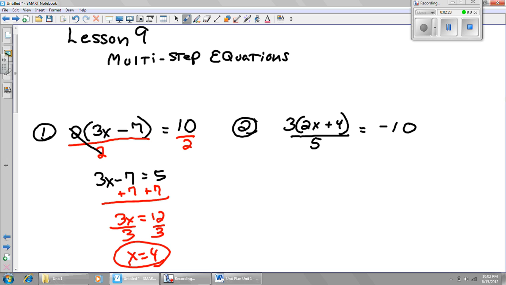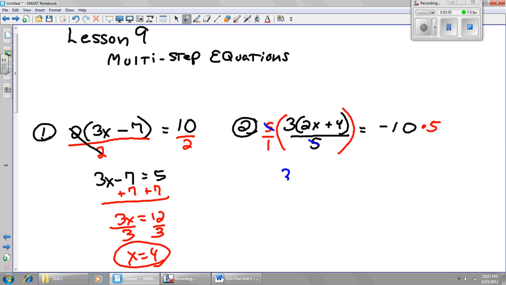All right, let's go on to problem number 2. It's a little more complex. Now, I have a 3 and a 5. I think on this one, I've got to get rid of that 5. I'm going to multiply by 5 over 1. I'm going to multiply by 5. If I wanted to, I could multiply by 5/3, but I don't like the idea of multiplying 10 by 5/3 because it's not going to turn into a whole number. I think it's going to complicate things, and I personally think it'll be easier to not do that. So I'm going to multiply by 5,